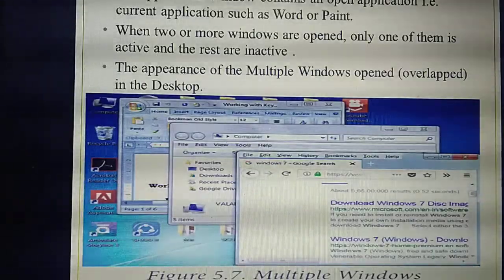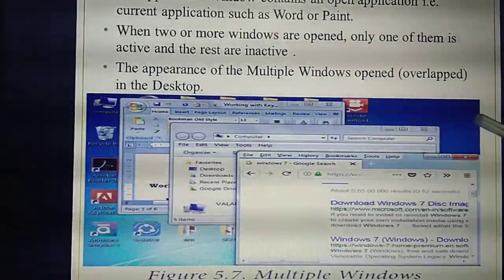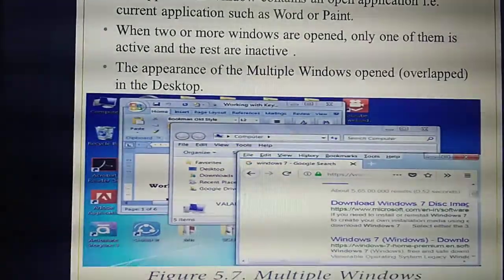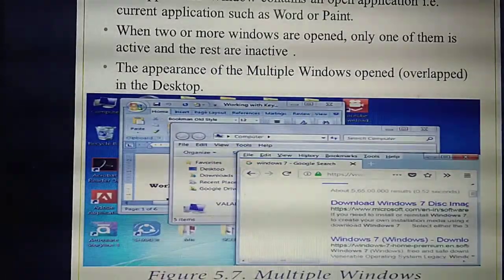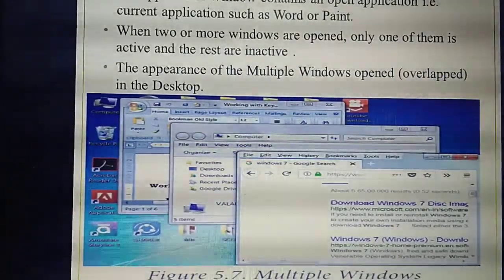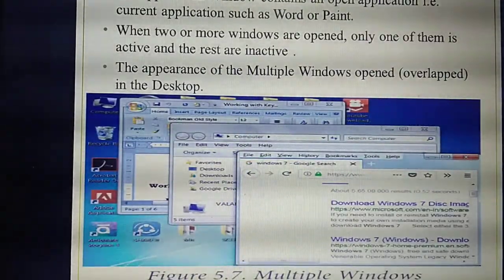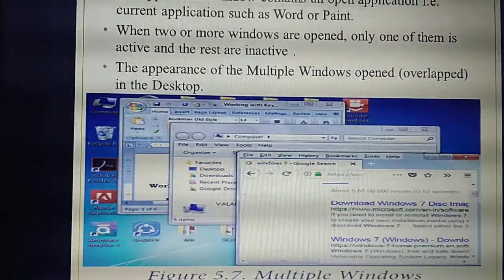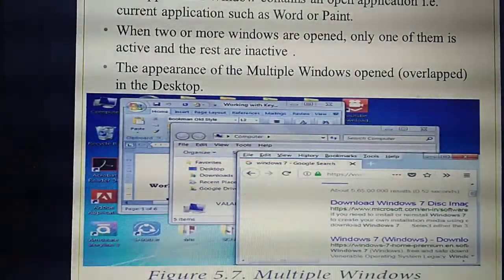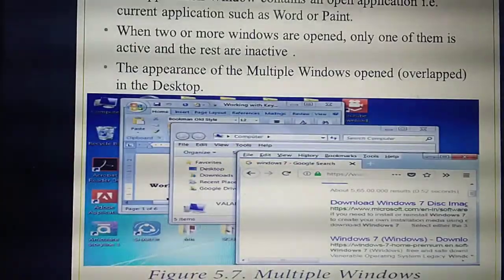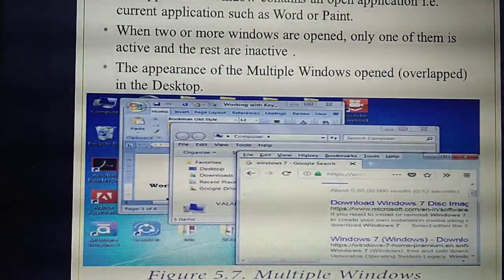Yesterday I asked, what's the name of that screen? If you're owning the system, the screen will appear on your computer. What's the name of that screen? Desktop. Okay. So on your computer's desktop, you can open two or three or four windows at a time. But you are going to work in any one of the windows at a time. So that window remains active and the remaining windows become inactive. So you can open multiple windows, no? That only we are calling overlapped windows. Understand?